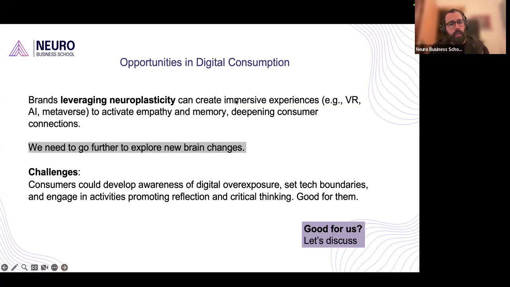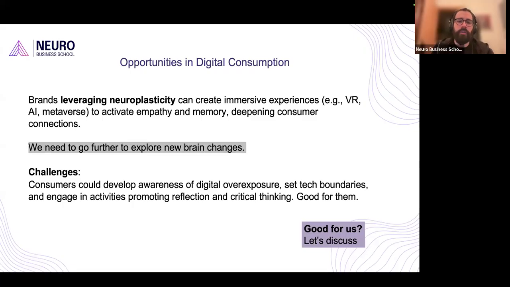Opportunities in this digital consumption. Well, we need to leverage neuroplasticity. Brands normally do that. They leverage neuroplasticity because they know that the brain has already changed. They know that our brain changes in that direction, and maybe before or in the future it will change in a specific way. So they create immersive experiences to activate empathy and memory,